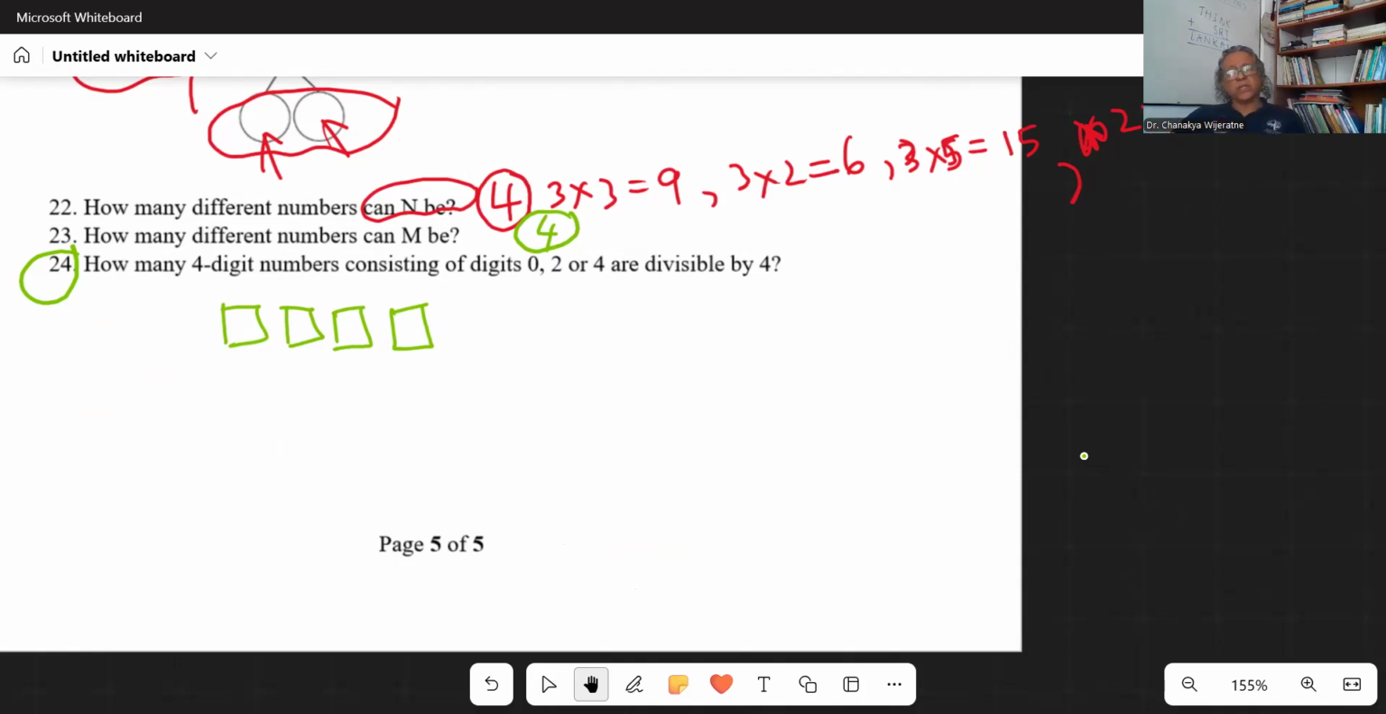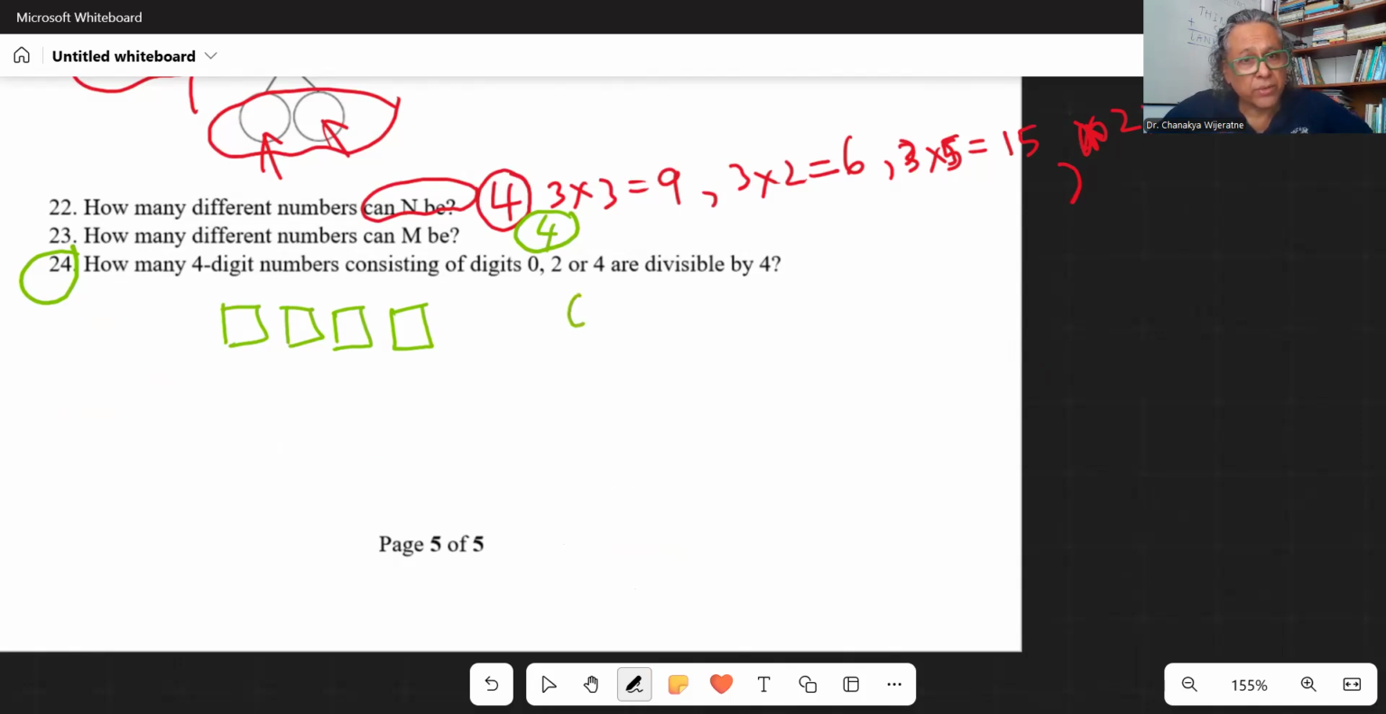And the last 2 boxes: the number you form with the last 2 digits, the tens digit and the ones digit, if that 2-digit number is divisible by 4, the whole number is divisible by 4. Nice result, right? This you need to remember. Even in mathematics, there are things to remember, but much less than in lots of other subjects. So what 2 digits in the last 2 places